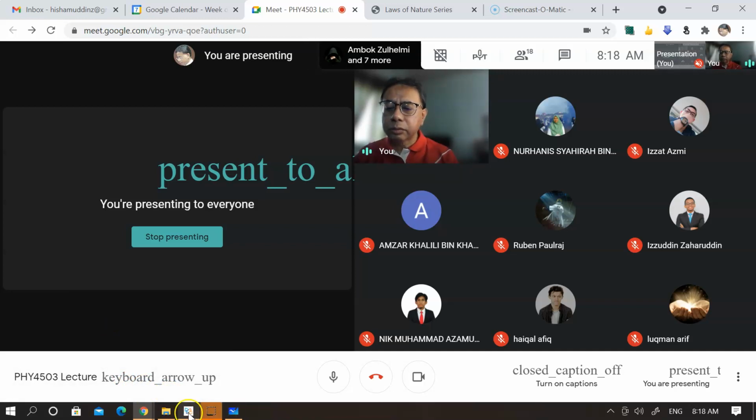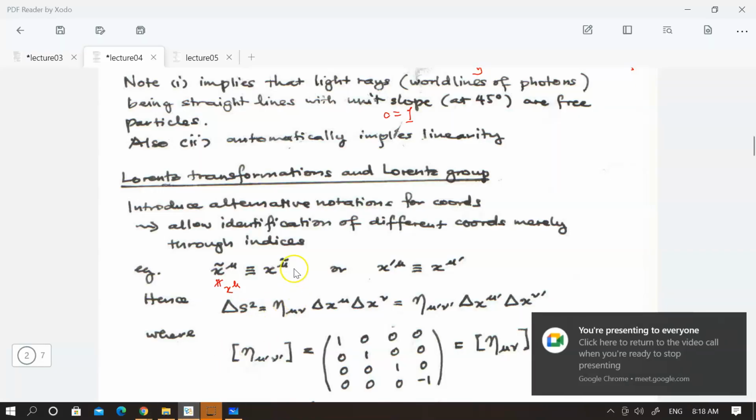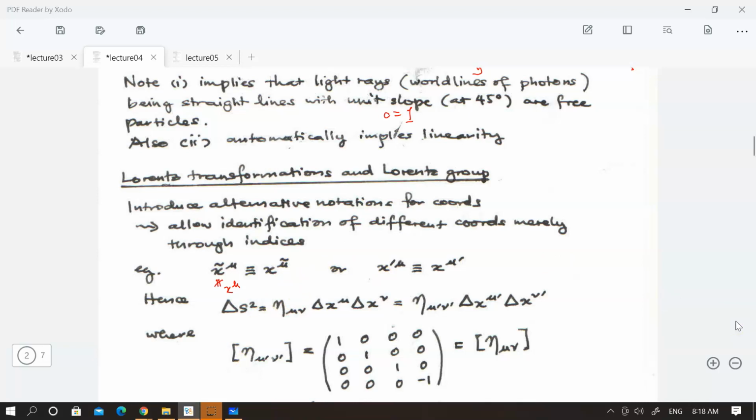So in other words, what we're going to do is use a different index to show that it's actually a different coordinate label over here. Okay, so essentially we identify coordinates through their indices. So that is one convenient thing to do, but you always have to remember that such labeling is just